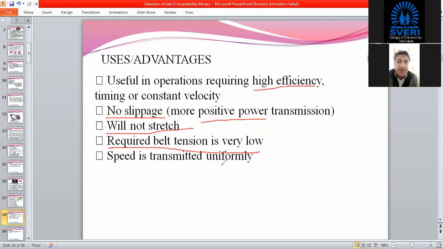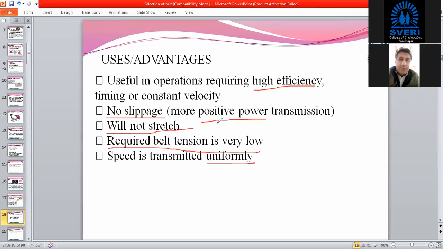Then the speed transmitted is uniform. As grooves are provided, the power or speed which is transmitted will be uniform. It will not fluctuate. That means in case of flat belt and V belt, the transmitted speed may fluctuate. For example, if at this particular time it is transmitted as 100 rpm, it may become 199 rpm the next second